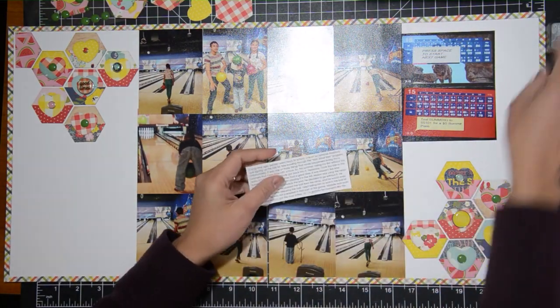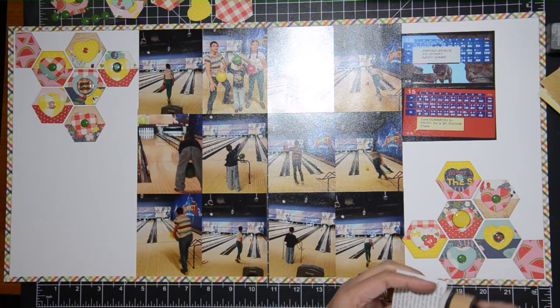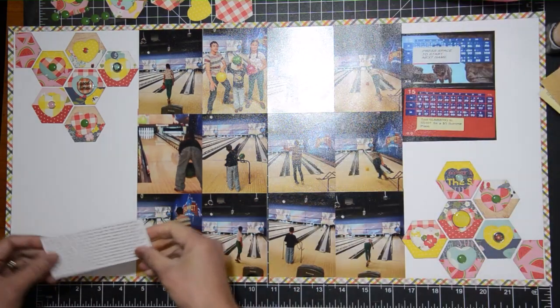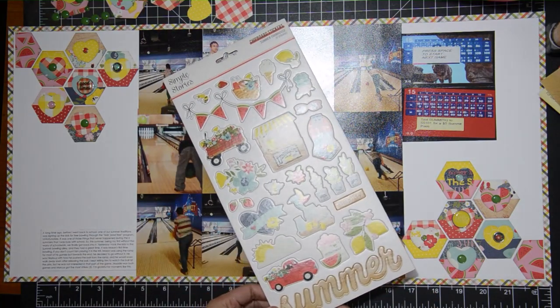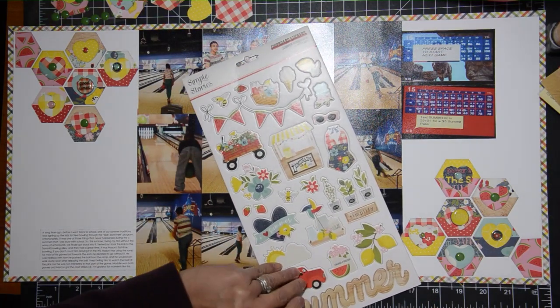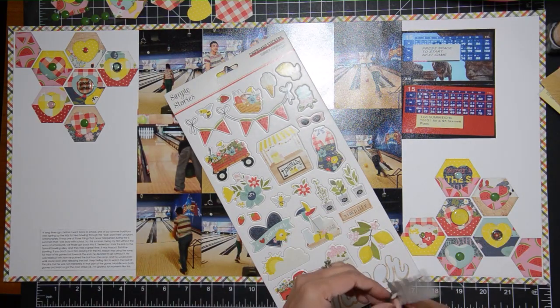Okay, so now I have adhered all of my photos. They are mostly vertical photos, and they of course are 3x4. I did add a couple of horizontal ones just to show the scores of the kiddos. As you can tell, this layout is of bowling. When my kids were really little, when we were still living in California, one of the things that we liked